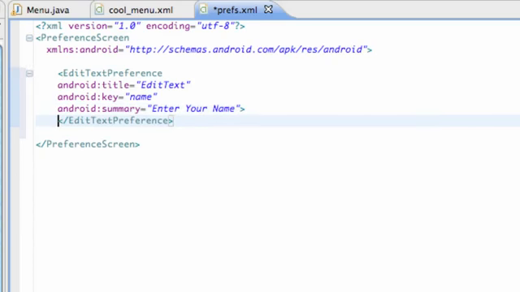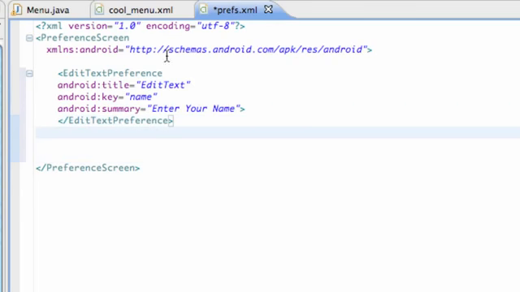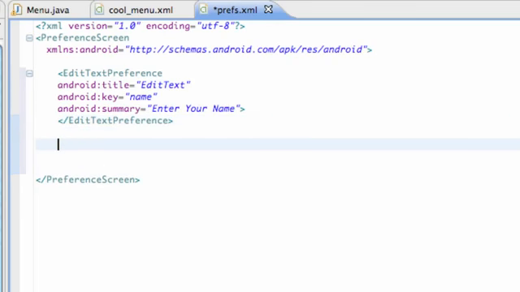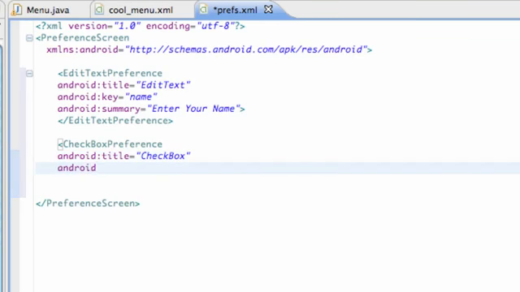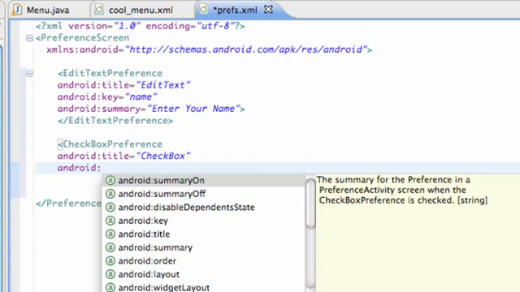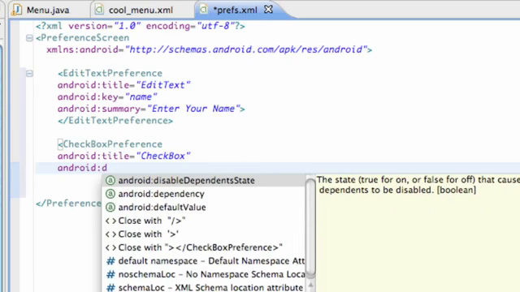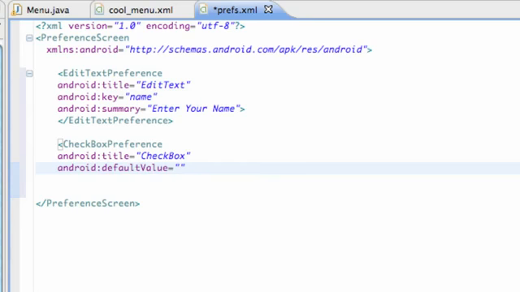Let's set up a new one. So let's go still within our overall preference screen, and then set up a checkbox. So checkbox preference, and we're going to say again Android title checkbox, and Android, we can set this checkbox if we want it to be checked when it starts or unchecked. So we're going to say default value, which is what it's going to start as, and we can either set this to true or false. So we're going to say true,